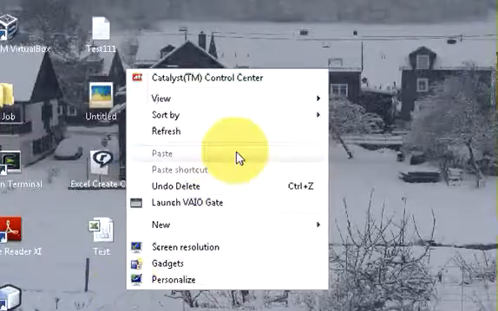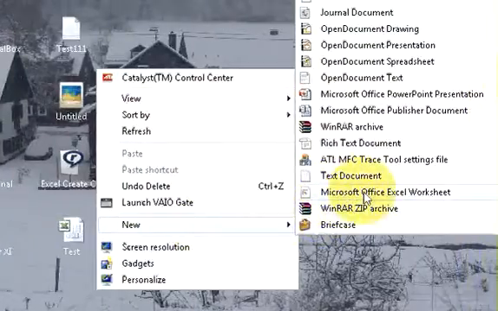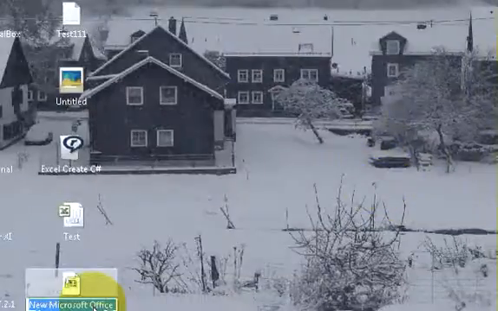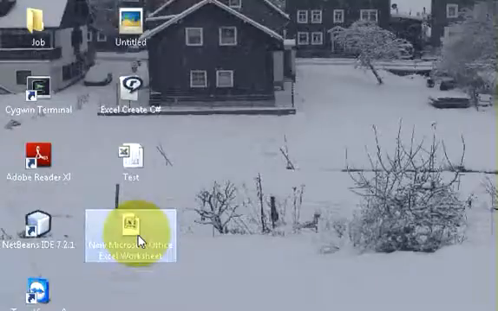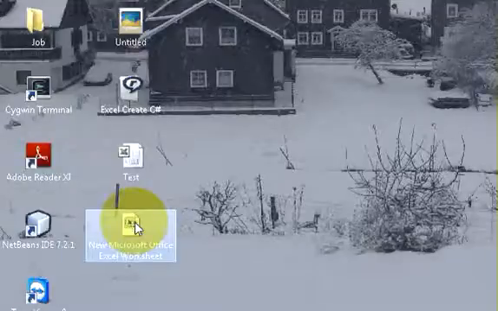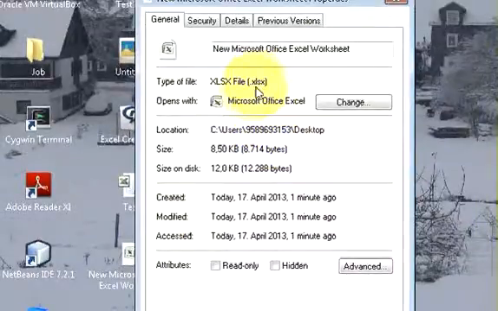Once again I will create a new document. I want to create a Microsoft Office Excel worksheet, and I will not change its name. Because I have Microsoft Office 2007, and if you have Microsoft Office 2007 and later versions of Microsoft Office, it will generally have the extension